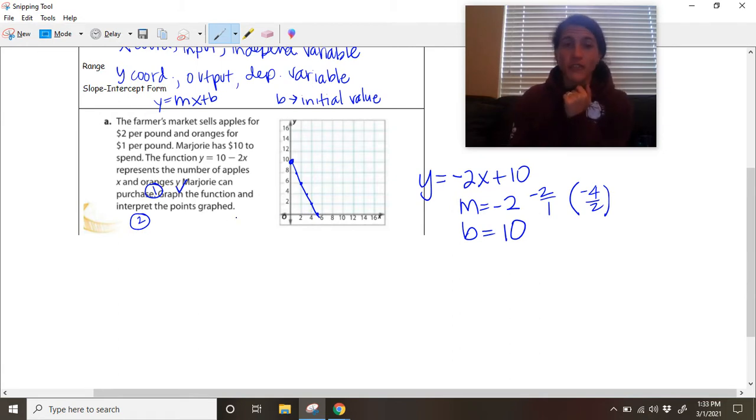Now, interpret the points graphed. I have a lot of points graphed, so I want you to interpret 3 of them. So let's just take this first one we did. To interpret it, that just means use units for what it means. And this means that Marjorie